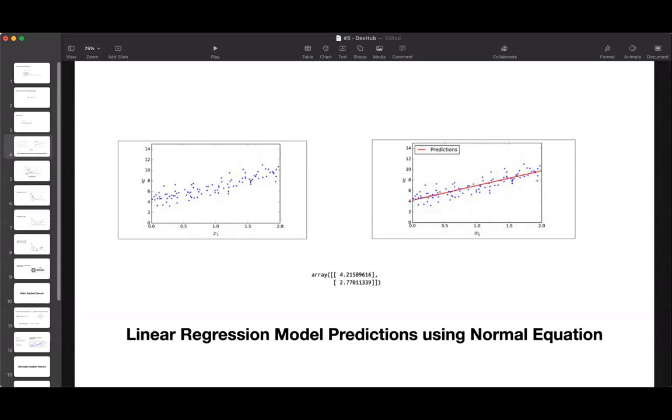So when we perform this, there is a calculation you can do, and based on that you can find this equation or the predicted values. For every individual x, the normal equation returns a predicted value. So from the model parameters which you found from the normal equation, you are predicting some y values for every x in the interval 0 to 2, which gives you this line. So see, the normal equation gave you this line in a single iteration. You just feed it the values which are required to be trained on, and it gives you the model parameters which would give the best predictions. So this red line fit this whole data set here. The red line is the predictions.